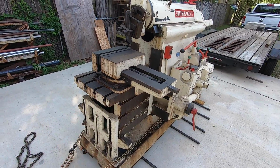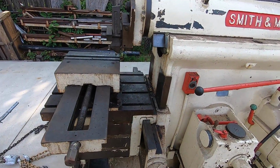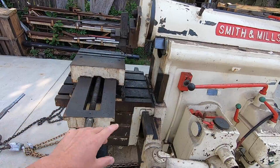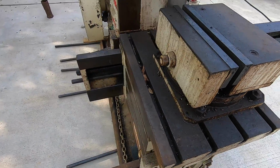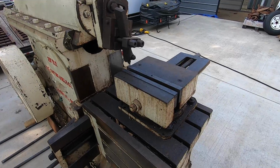This is just flat, mainly for doing flat work. And the G&E has a universal table, so it'll actually pivot and tilt, where this one does not. So the machine seems to be in good condition. Whoever had it, it actually was at a school, I believe a high school